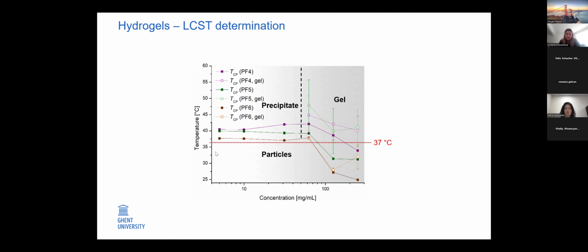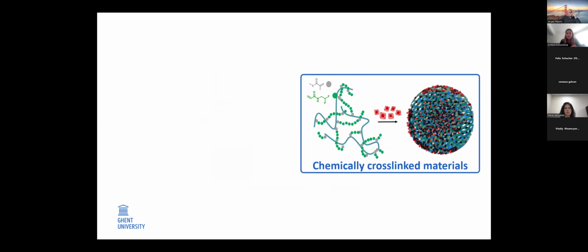and create a physically cross-linked hydrogel. When you look at physiological temperatures, you can see that all three polymers are able to make nanoparticles at low concentrations and hydrogels at high concentrations. And you also have the advantage of having the diagnostic modality. So these polymers can cover quite a range of possible biomedical applications. So now I will move to